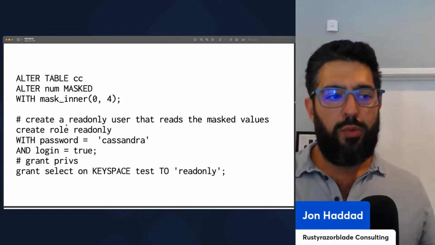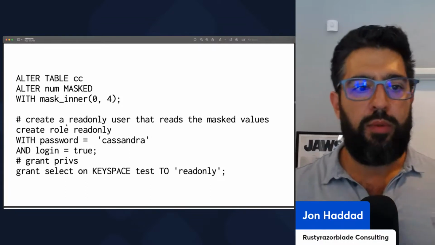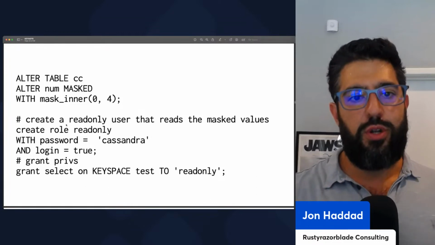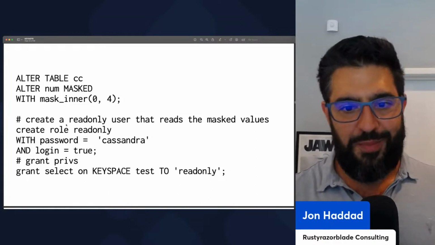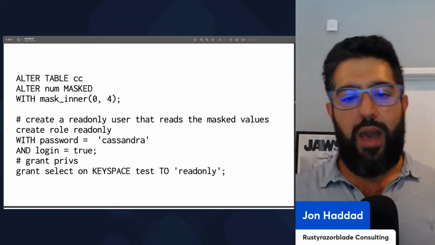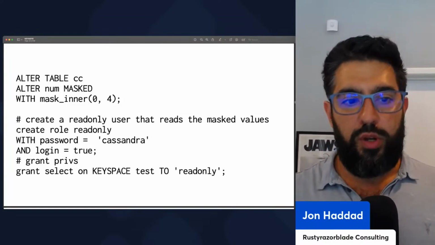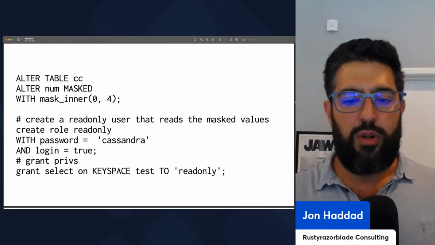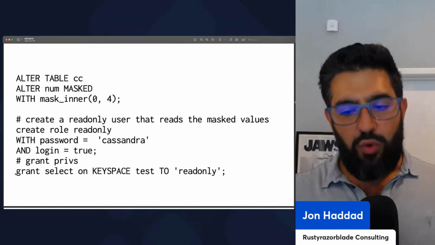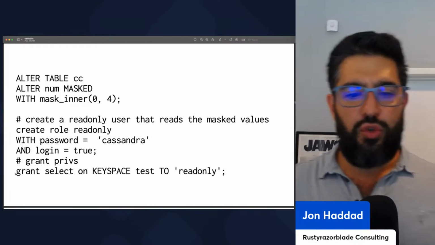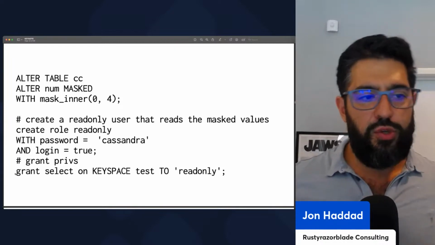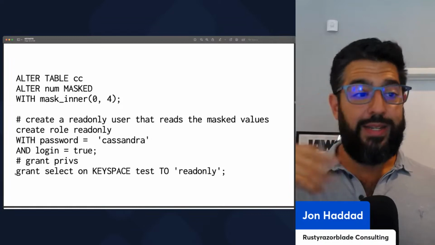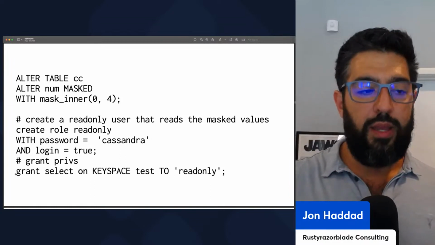So for the normal table, you can just go ahead and read it. That's no problem. But once you define something as masked, you're going to get back the masked version unless you use the unmask option. So let's just take a look. We have this create role read only, and we're going to give it the very, very secret password of Cassandra and allow login. Then we say grant select on keyspace test to read only. Now I'm giving this read only user select privileges on this keyspace. I did not go through and granularly tell it what it can do